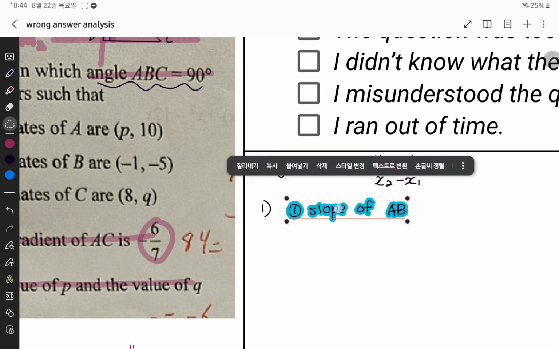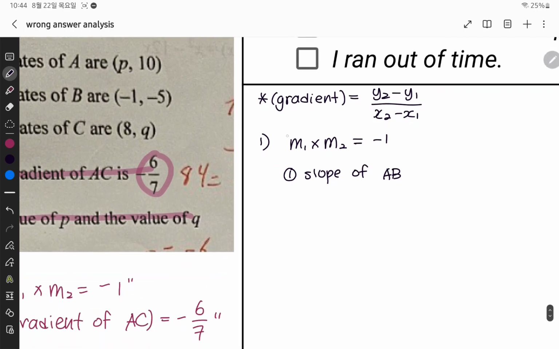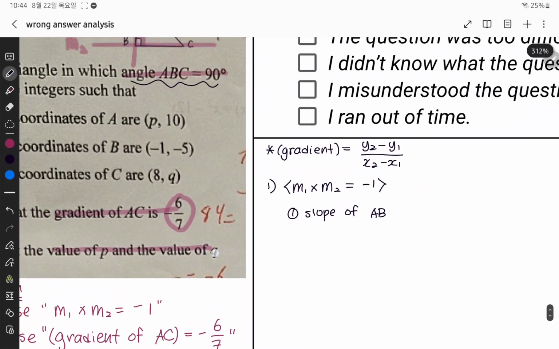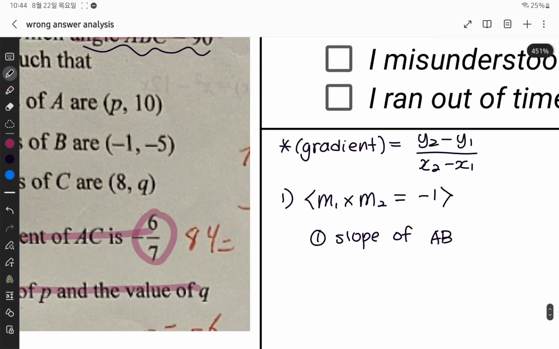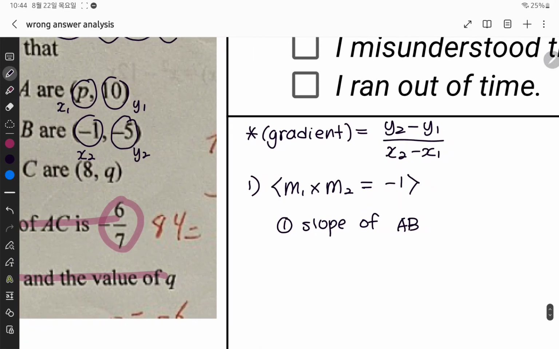Because I want to use the information about how M1 times M2 is equal to -1. So, slope of AB, how do I get that? My first y2 is going to be this one, and this is y1, and this is going to be my x2, and this is going to be my x1. So I'm going to plug it into the gradient formula to calculate the slope, which is going to give me